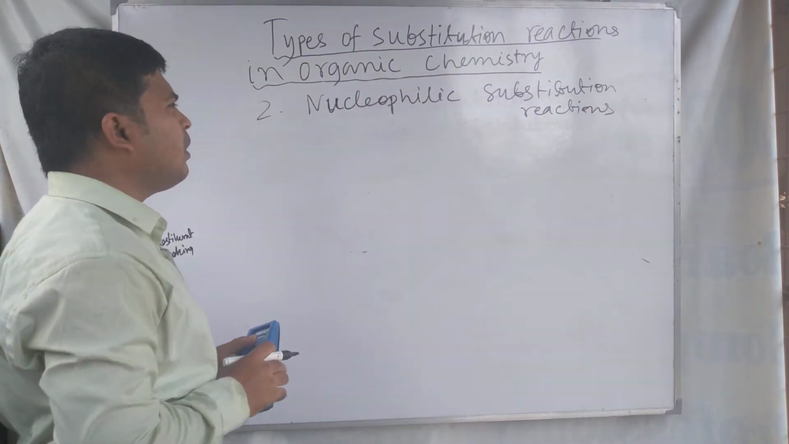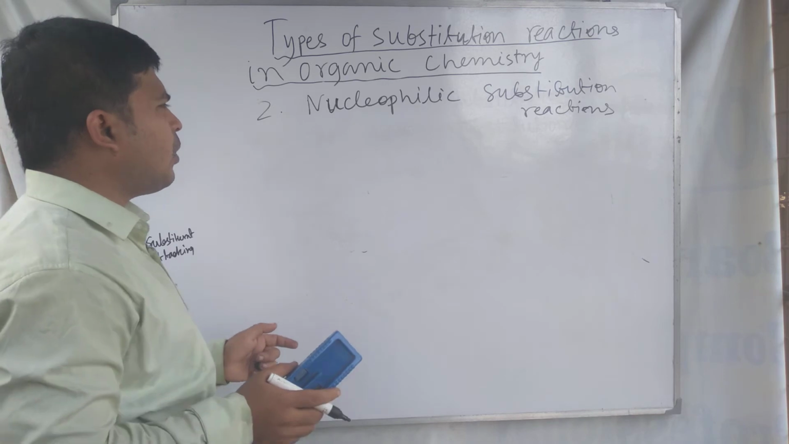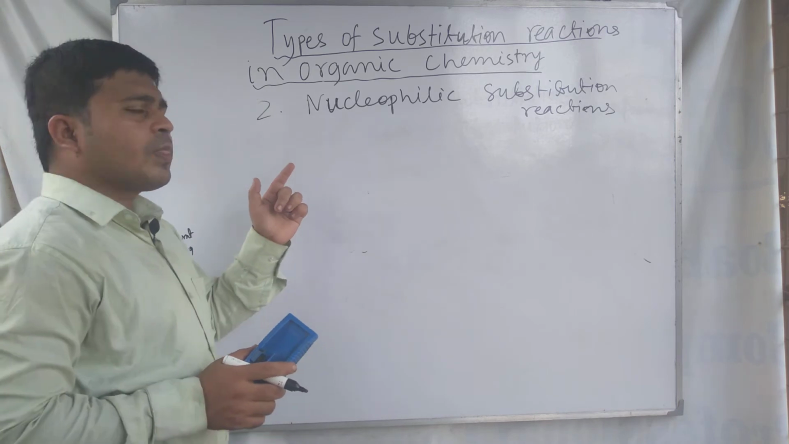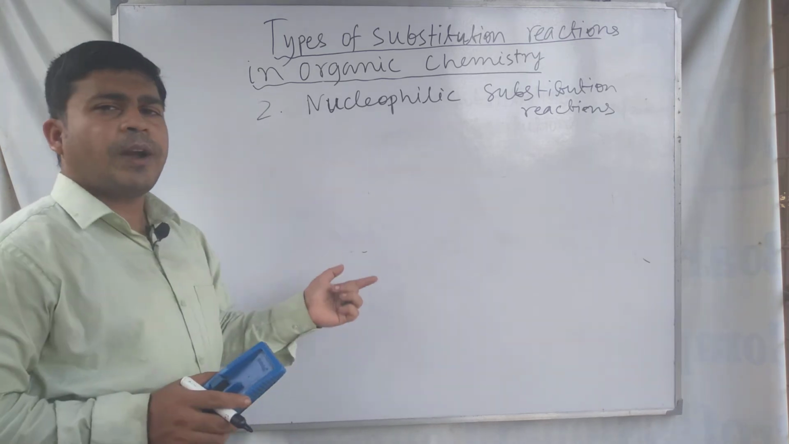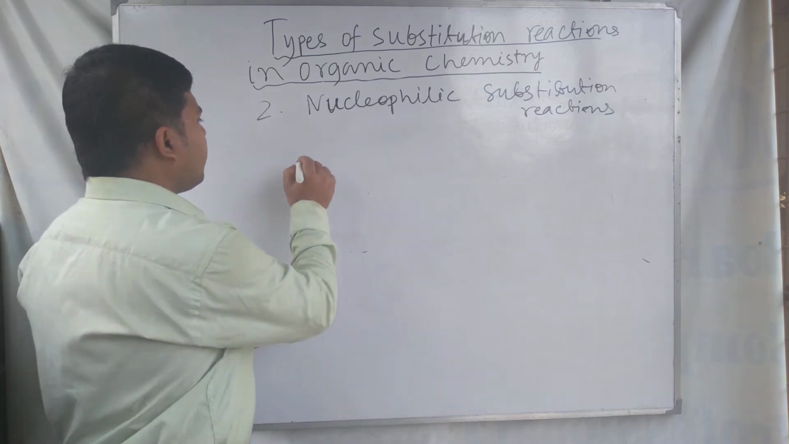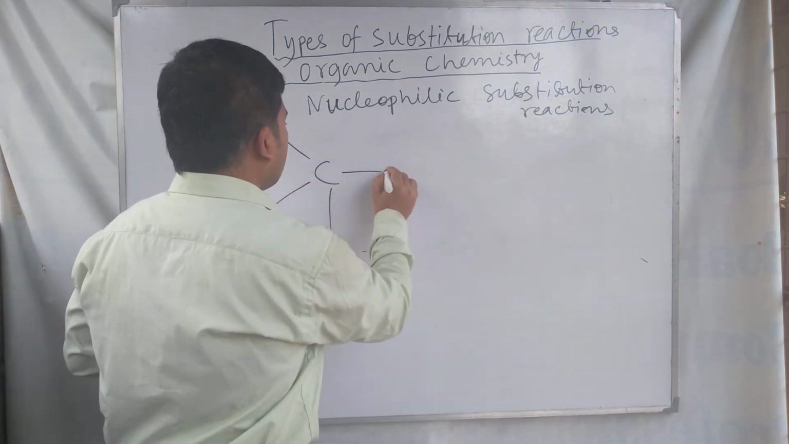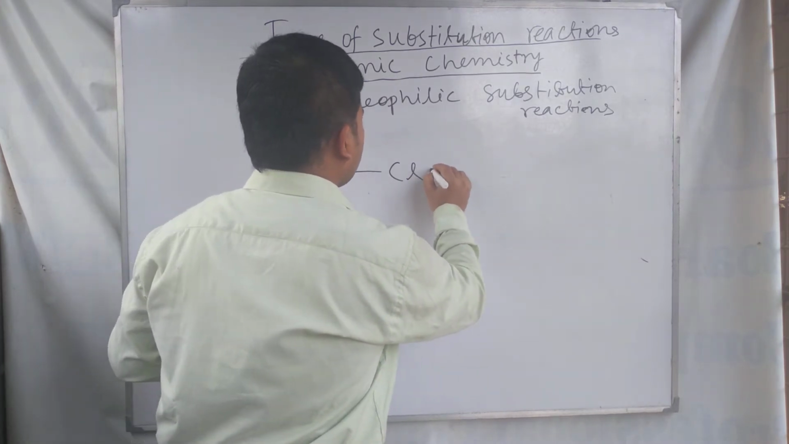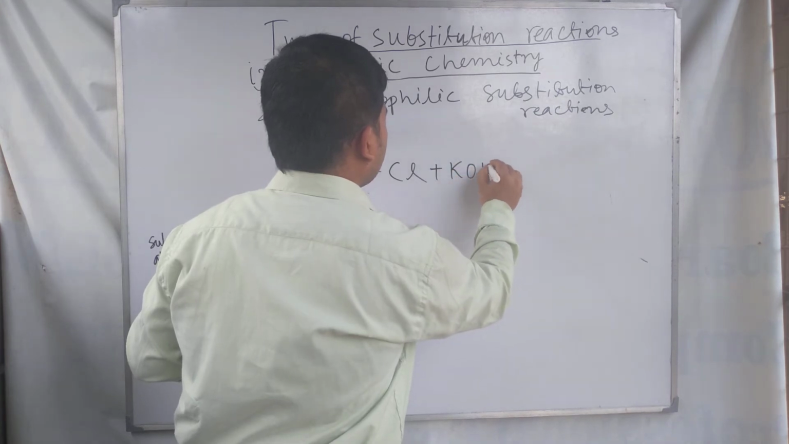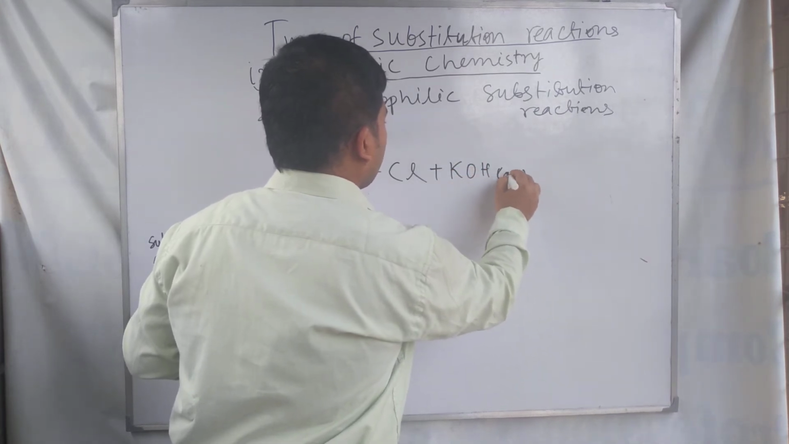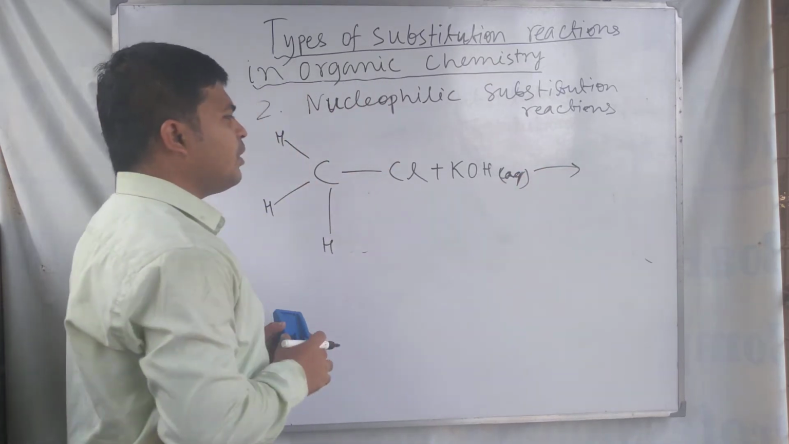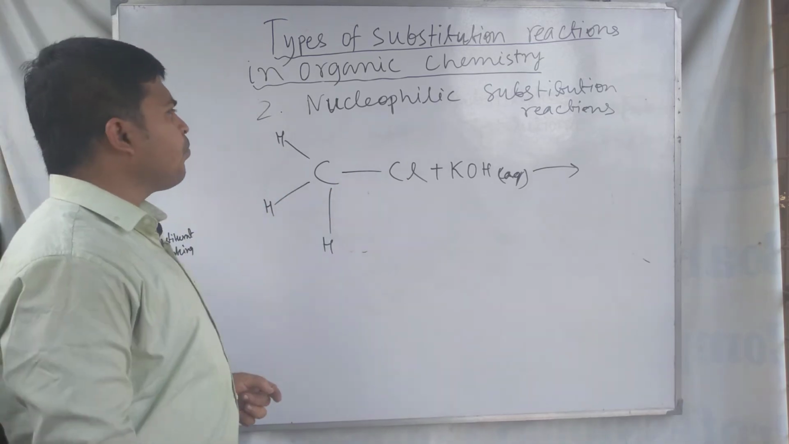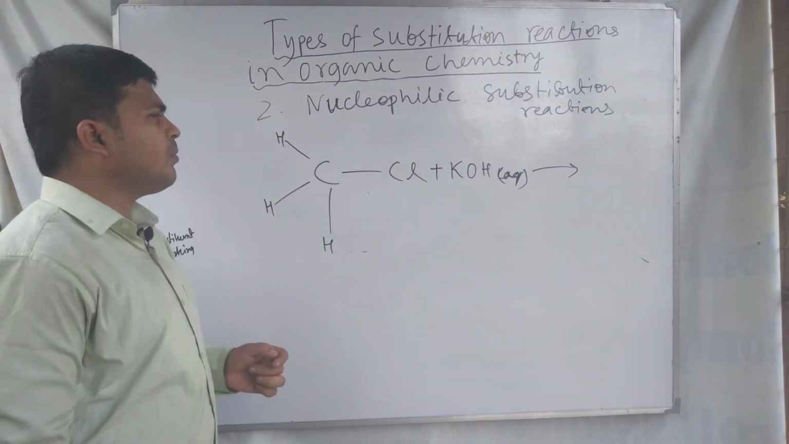In a nucleophilic substitution reaction, a nucleophile will replace the atom or group of atoms that are present in the reactant molecule. For example, suppose we take methyl chloride and give aqueous potassium hydroxide with it. The reaction between the potassium hydroxide and this methyl chloride is an example of nucleophilic substitution reaction,